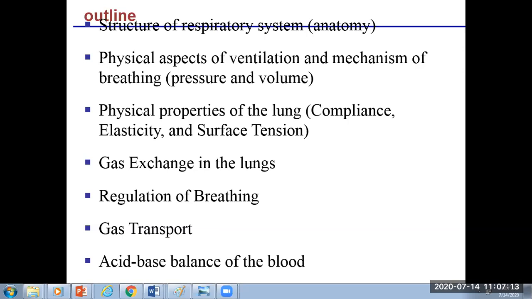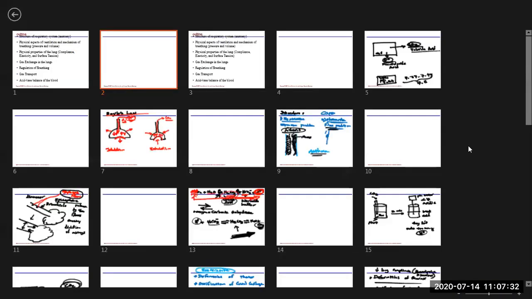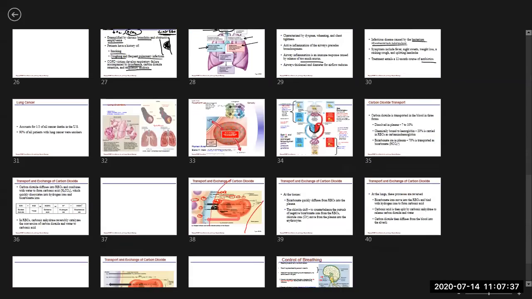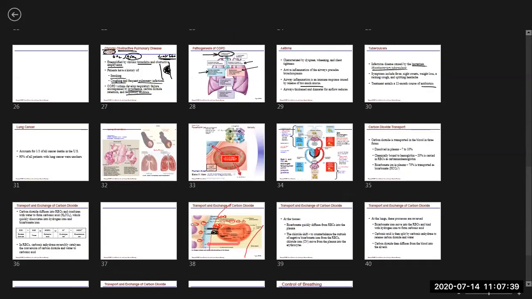All right. That's pretty much what we wanted to do, and this is the outline of what we're going to be talking about. So let's start off with some of the structures that are related to breathing. For that, why don't we go ahead and take a look at the lungs,